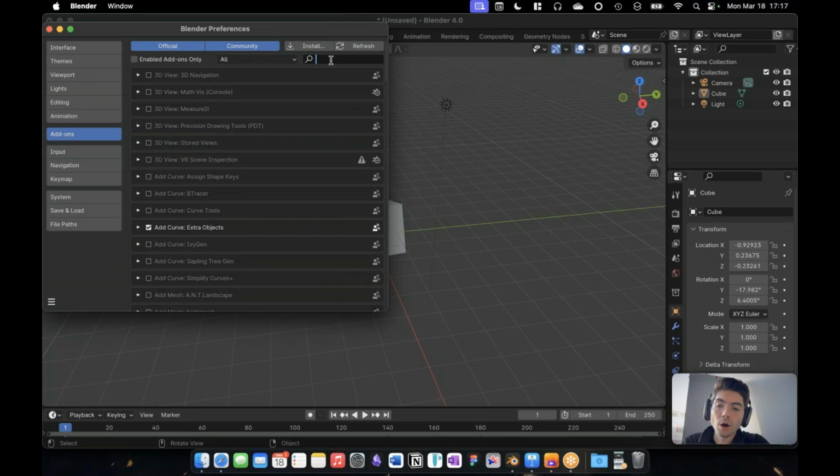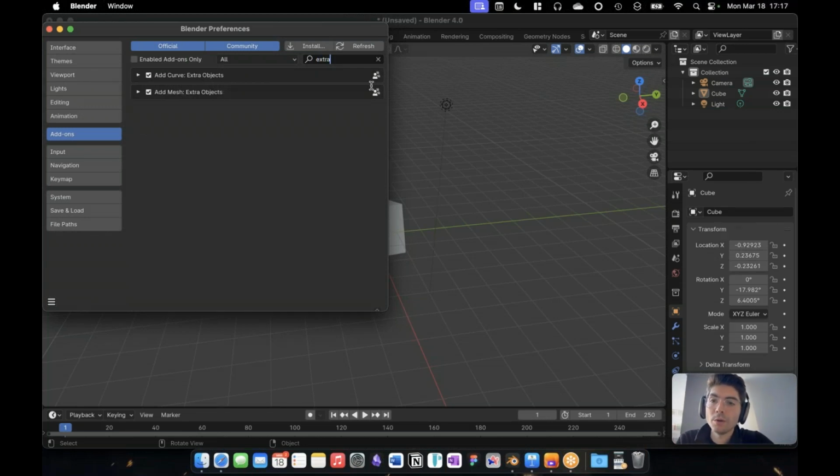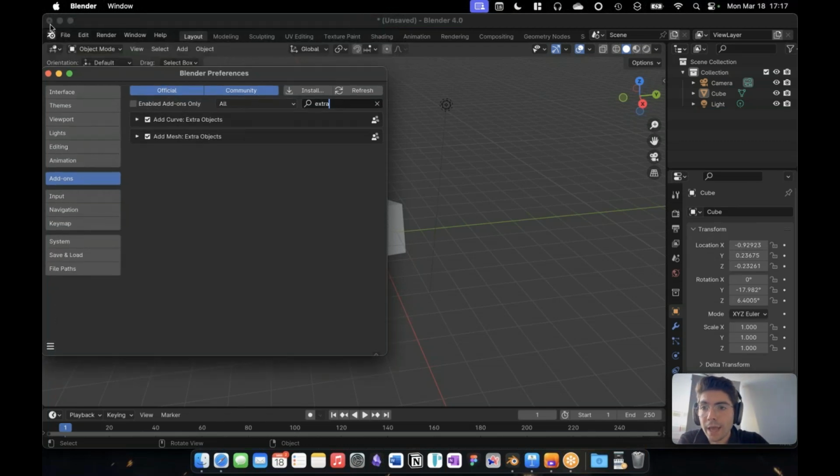You're going to search for extra objects, and you're going to activate, if you don't have it activated, the add mesh extra objects. Okay, so that again is in edit,